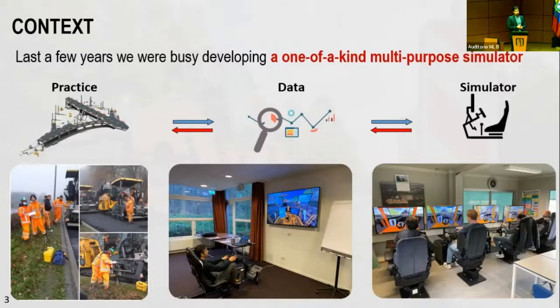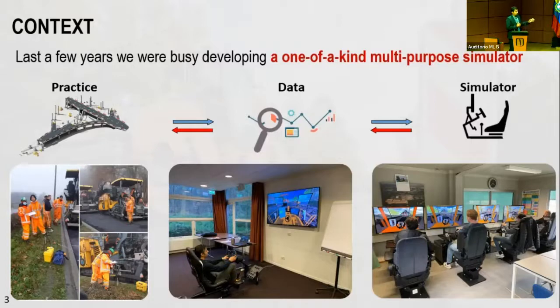And about 3 years ago, we noticed that no matter what you do, no matter what you develop, the adoption is extremely low. There are many different reasons for that. I'm not going to get into that detail. And that's when we noticed that maybe the bottleneck is in the education and being able to build trust among the operators that these technologies could actually help you and not necessarily replace you.